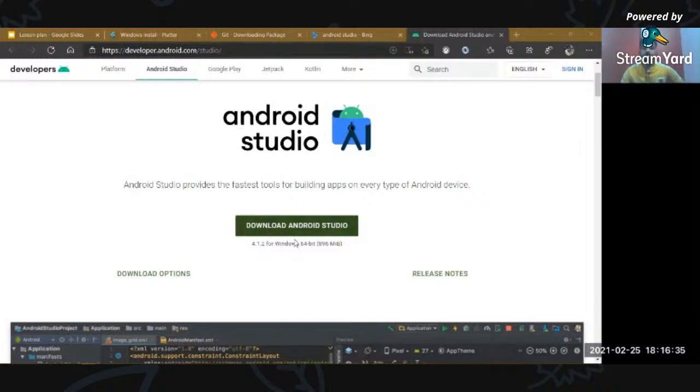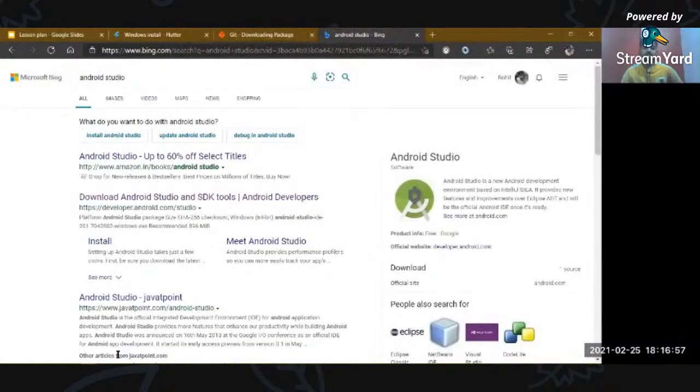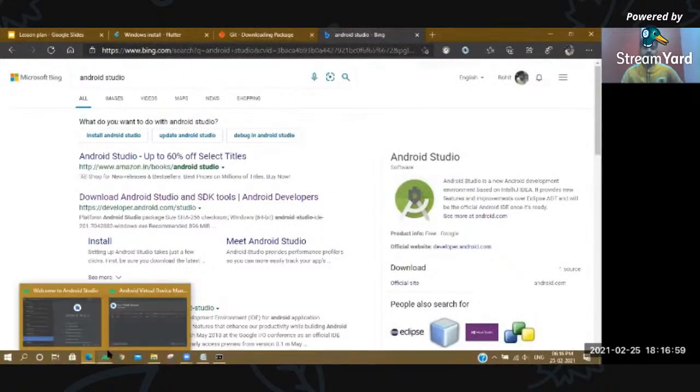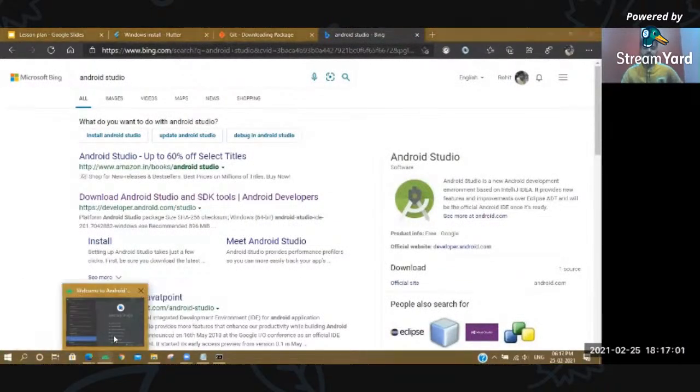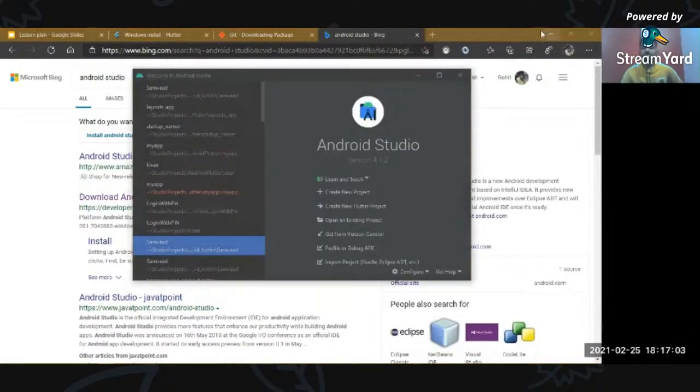As I've already downloaded it, I won't be doing it again. After the download completes, you can open the Android Studio window, and you will be presented with this.